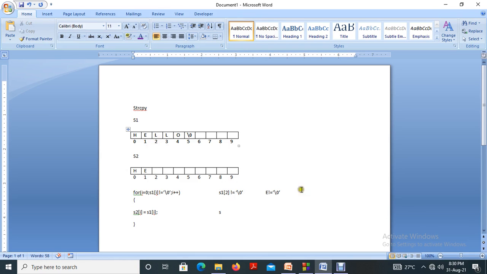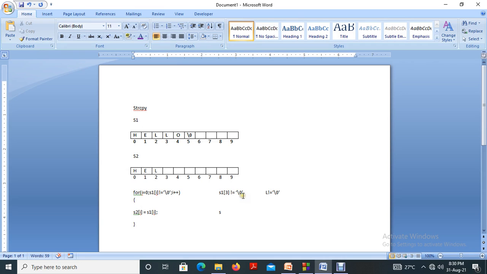S1 of 2, that is L. L not equal to null, condition true. S2 of 2 is equal to S1 of 2, that is L. Then I is incremented by 1, 3.